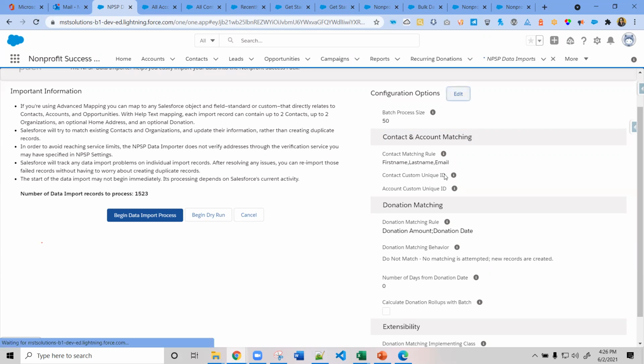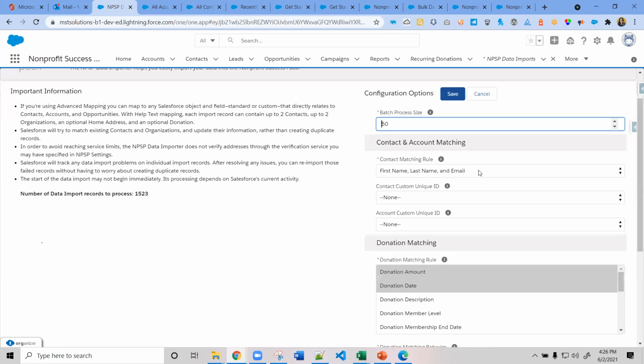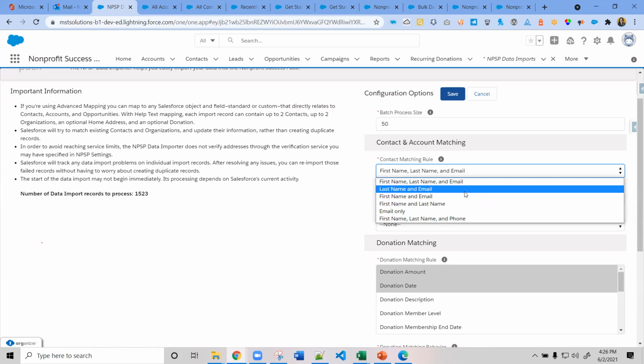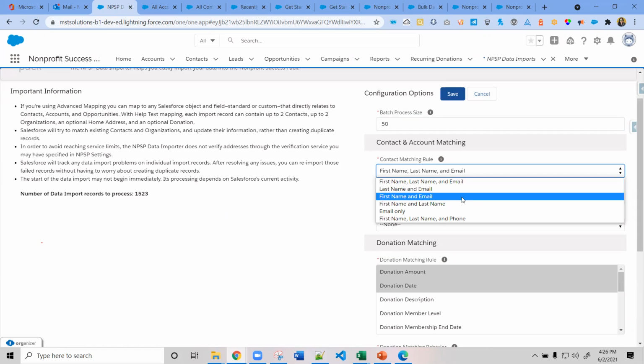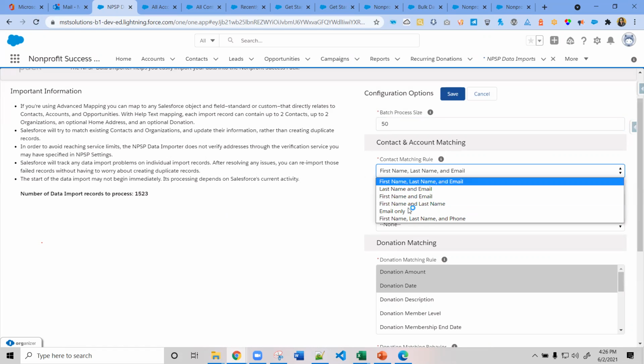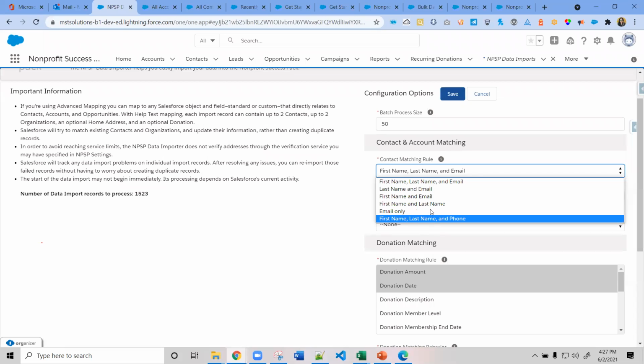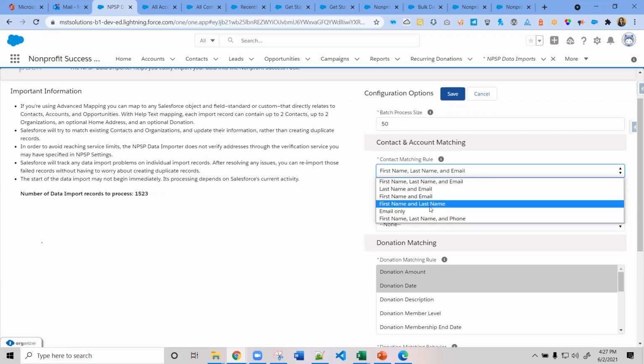So if we click on edit, here you can see lots of options for how we need to avoid the duplicates. By considering the first name, last name, and the email, or the last name and the email, or first name and email. In the US, many of us have a different last name. So we need to consider it based on our business. We need to set how we are going to avoid the duplicates, based on which condition.